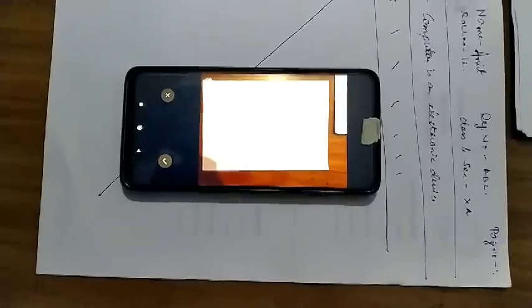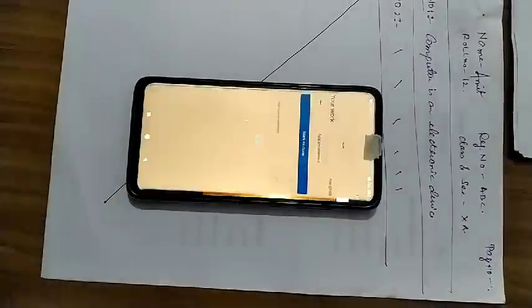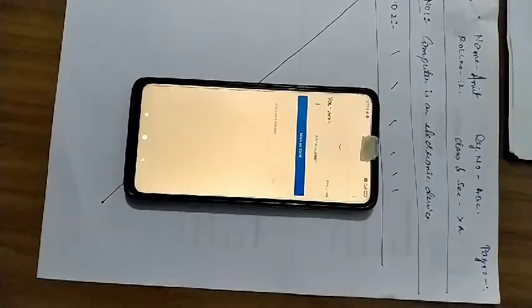After getting the picture, do not by mistake take the picture in the portrait mode, not in the landscape mode. If a student uploads the picture in the portrait mode, that will create problems for us. So you have to take the picture in landscape mode, then click on this right button and it will get uploaded. And then again you will turn the page and you will write other answers, mentioning the page number,